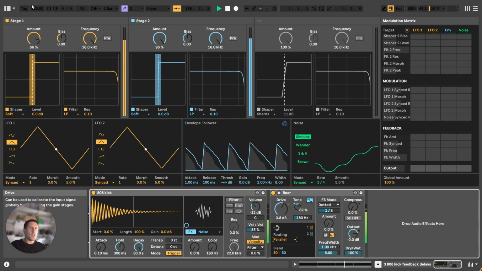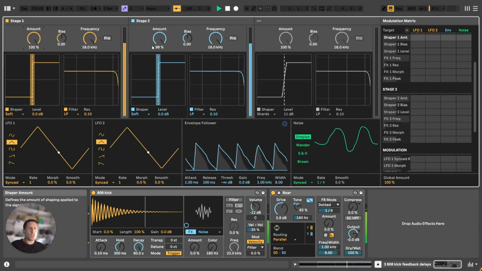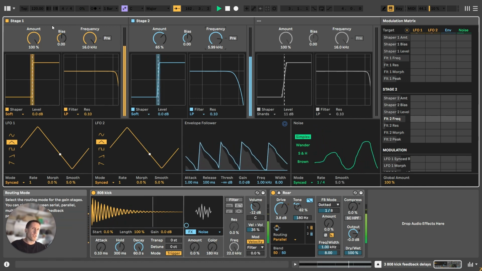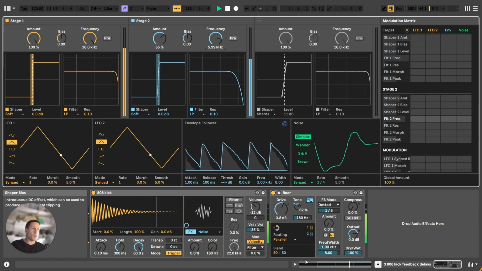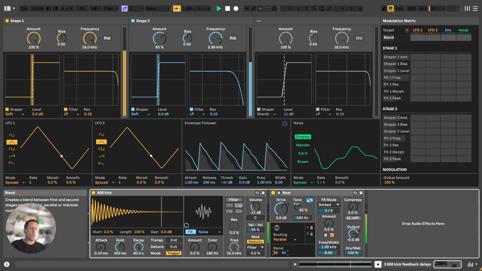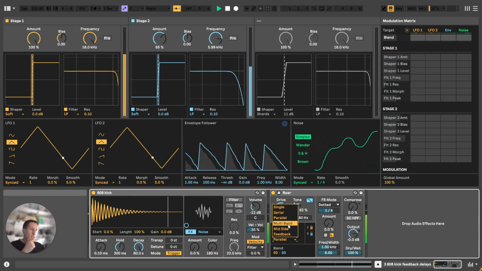Parallel means it goes through both of these equally, so you can use 2 different distortions at the same time, but it's half of the signal going to this one, half going to this one, and then they mix. And you can change the blend here, which is quite useful for the next one,